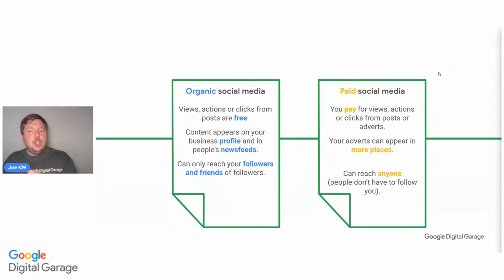What's amazing about this is your adverts can appear in more places than you could before. Your sphere of influence is much greater. People don't have to follow you to see the ad. You can choose, depending on the social media platform, people that follow other people, age, demographic information, marriage status, interests. So all of a sudden, if you've got a product or a business that is relatable to 20-year-old to 24-year-old women who are interested in fashion, boom, you can advertise straight to them.